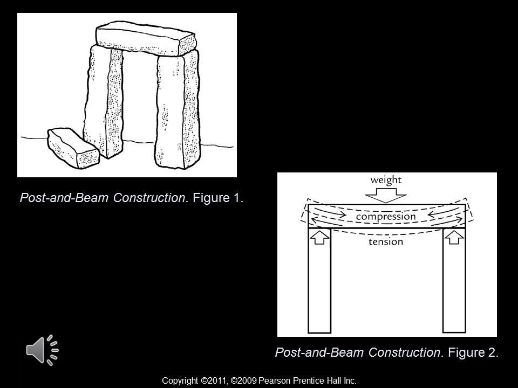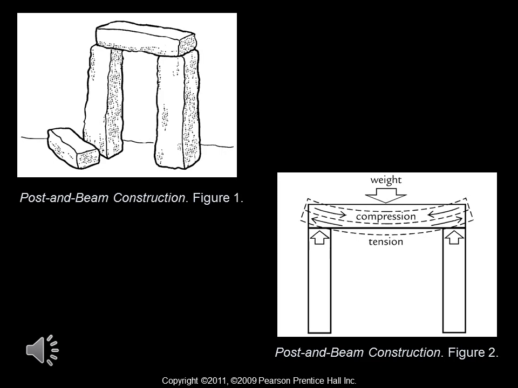Post and beam construction is one of the oldest building systems in the world. As a matter of fact, most of the world's existing architecture uses some form of post and beam construction. It's essentially two vertical supports or columns that have a horizontal beam across the top. This carries the weight down to the ground, thus giving the structure